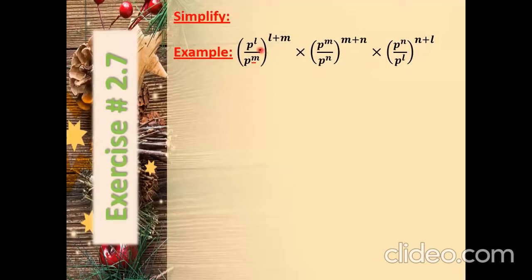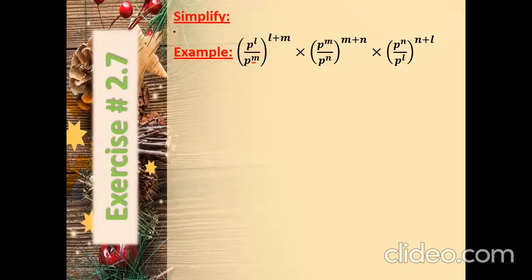Means what you have here is power of the power. Now look at here. As you can see, p to the l divided by p to the m. The bases are the same. P is the base here, P is the base here, and l and m are their exponents. So you have the same bases, and they are dividing with each other. So what will you do if the bases are the same? Simply subtract their powers.